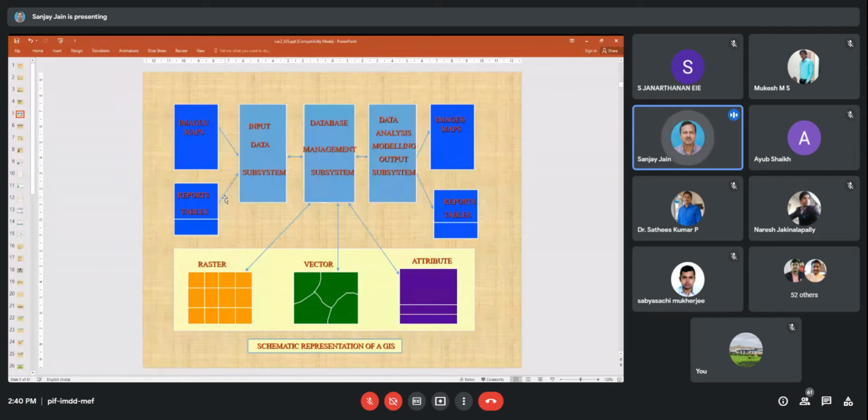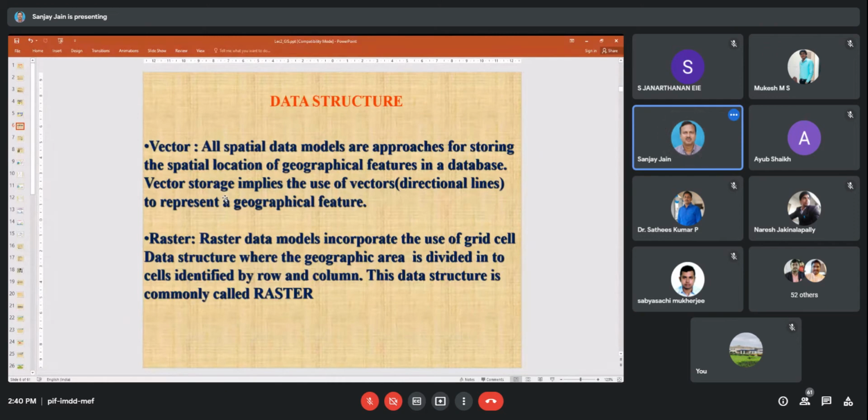If you have a rain gauge map and rainfall data, say monthly or daily or annual, whatever it is, we can create monthly or daily rainfall maps with the help of location as well as the rainfall data which is stored in the table. Okay, so this way we can handle all the database in a GIS.